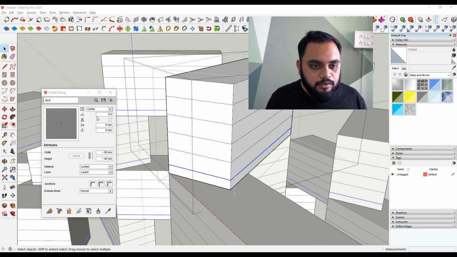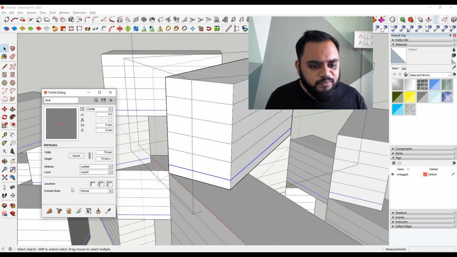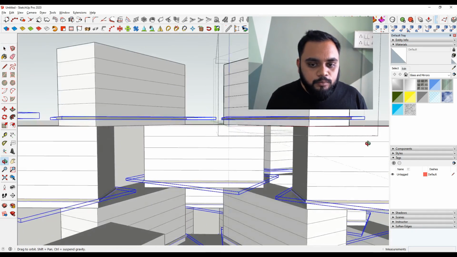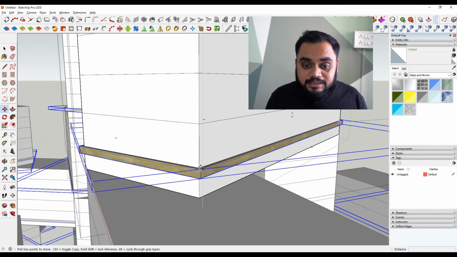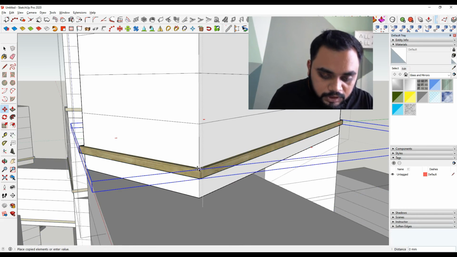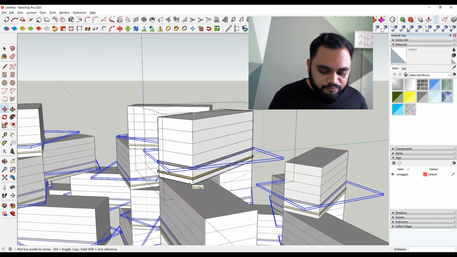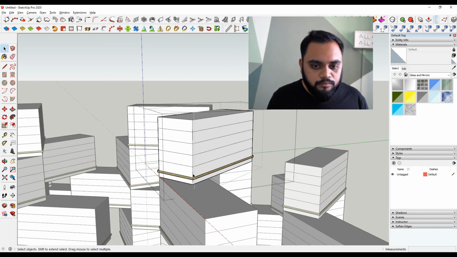So we have the center part as the profile, and let me give 75 as the dimension. Now these dimensions, you can already give it. You are architects, you are really good with dimensions. So whatever is the dimension of your site, you can just give that dimension. And now I have just built this profile, and you can see the profile has been placed onto each and every component. This is the beauty of creating components with S4U components. And now it's just a game. You just quickly do all of these things, and you are actually done with your model.